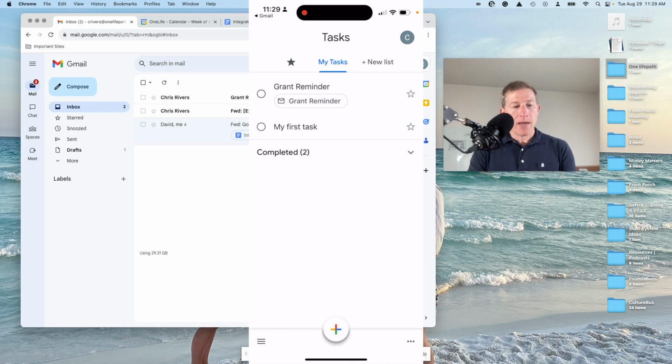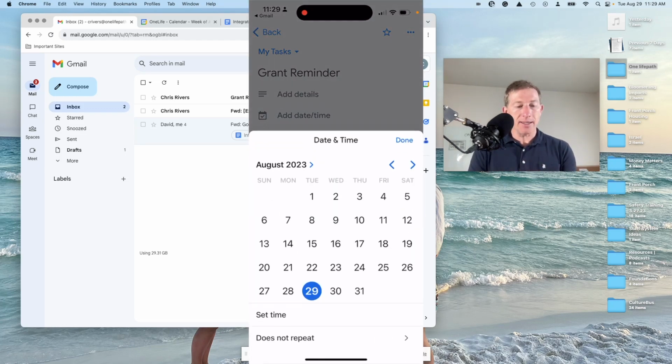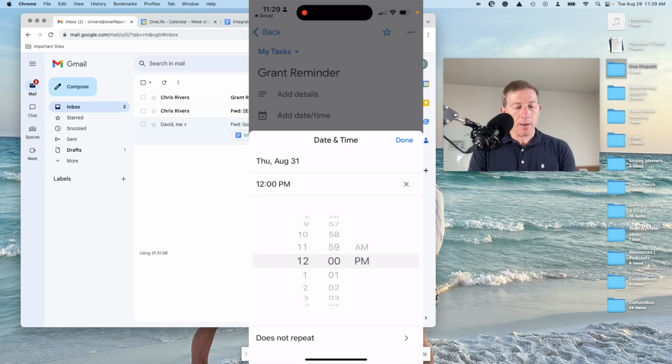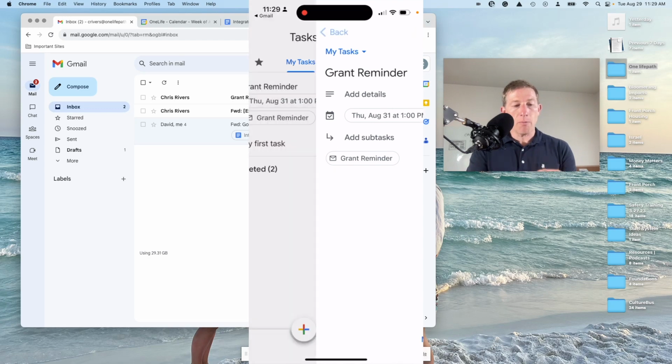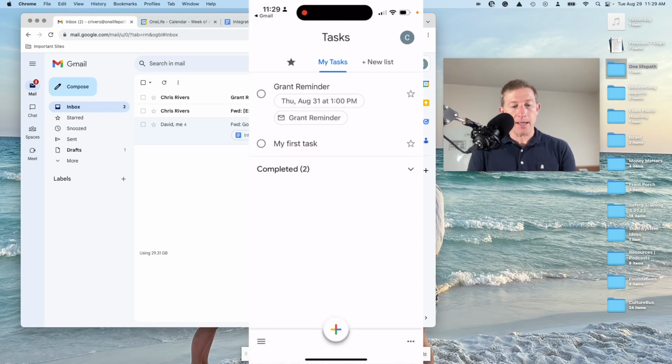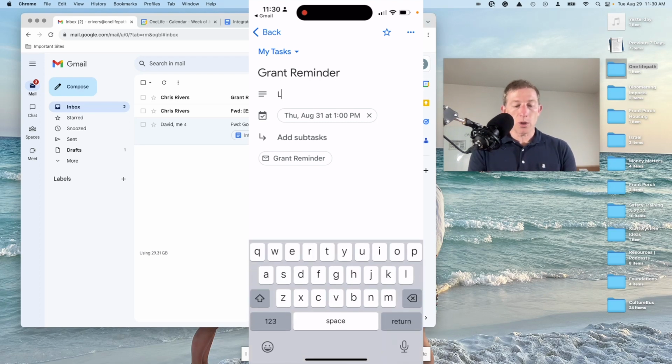And now I have added a task to my task app that is in my integrated workspace that says grant reminder. I'm going to go ahead and click on it, and I'm going to add a date because I want to be reminded. I know on Thursday I have some time dedicated for this type of work. And I'm going to go ahead and set a time for 1 o'clock because I don't want to forget it. And I'm going to go back, and you can see that I've got a date there. Now I can also, in the details, I can write notes, look at Keep notes,